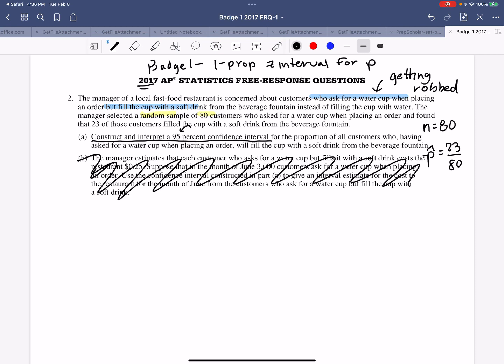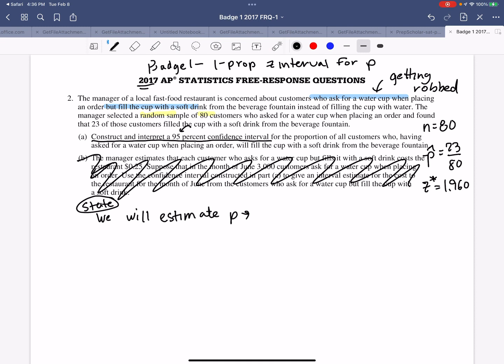We're doing a 95% confidence interval. So we look in our book and we get our z-star, and that's 1.960. Okay. So we have all the components we need to answer this question. So let's do it, right? We will estimate